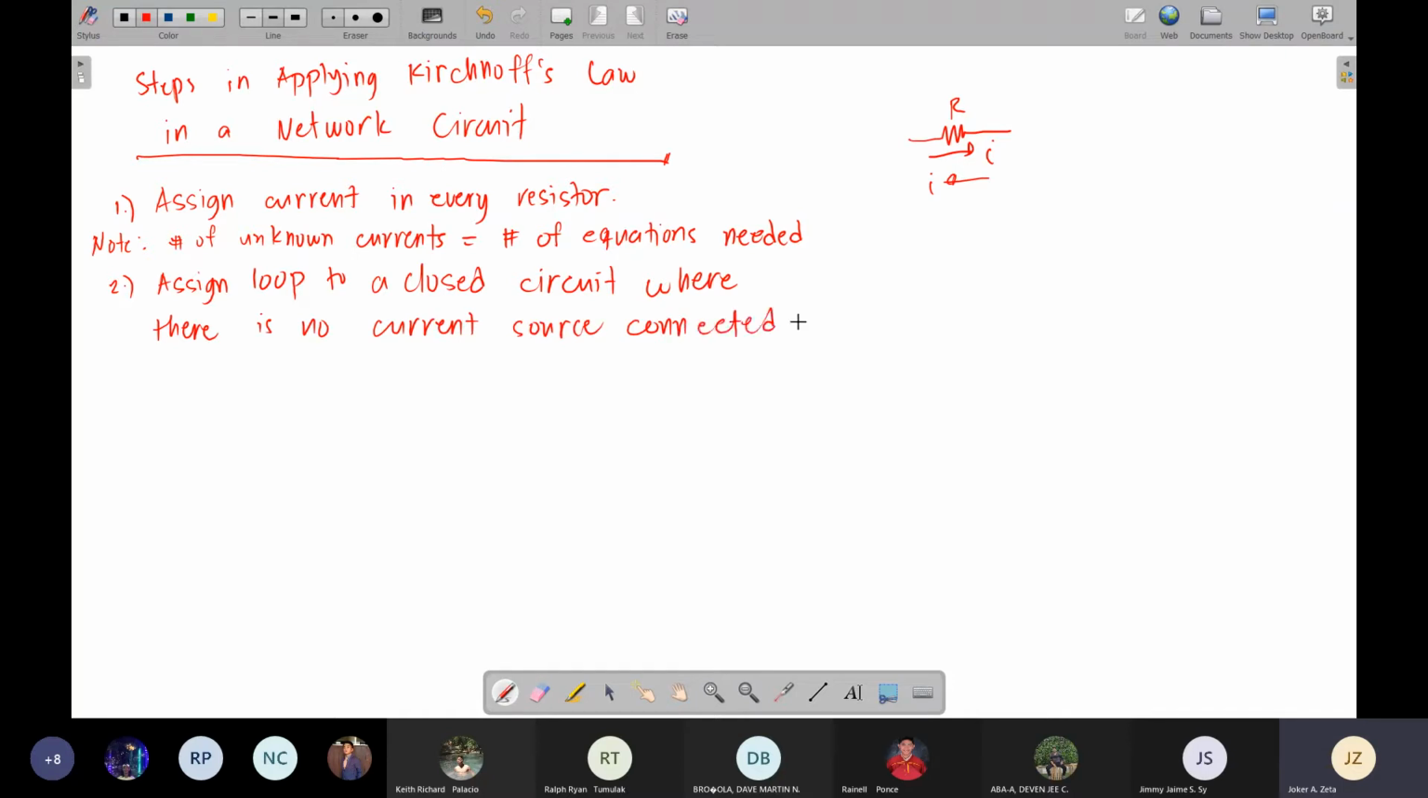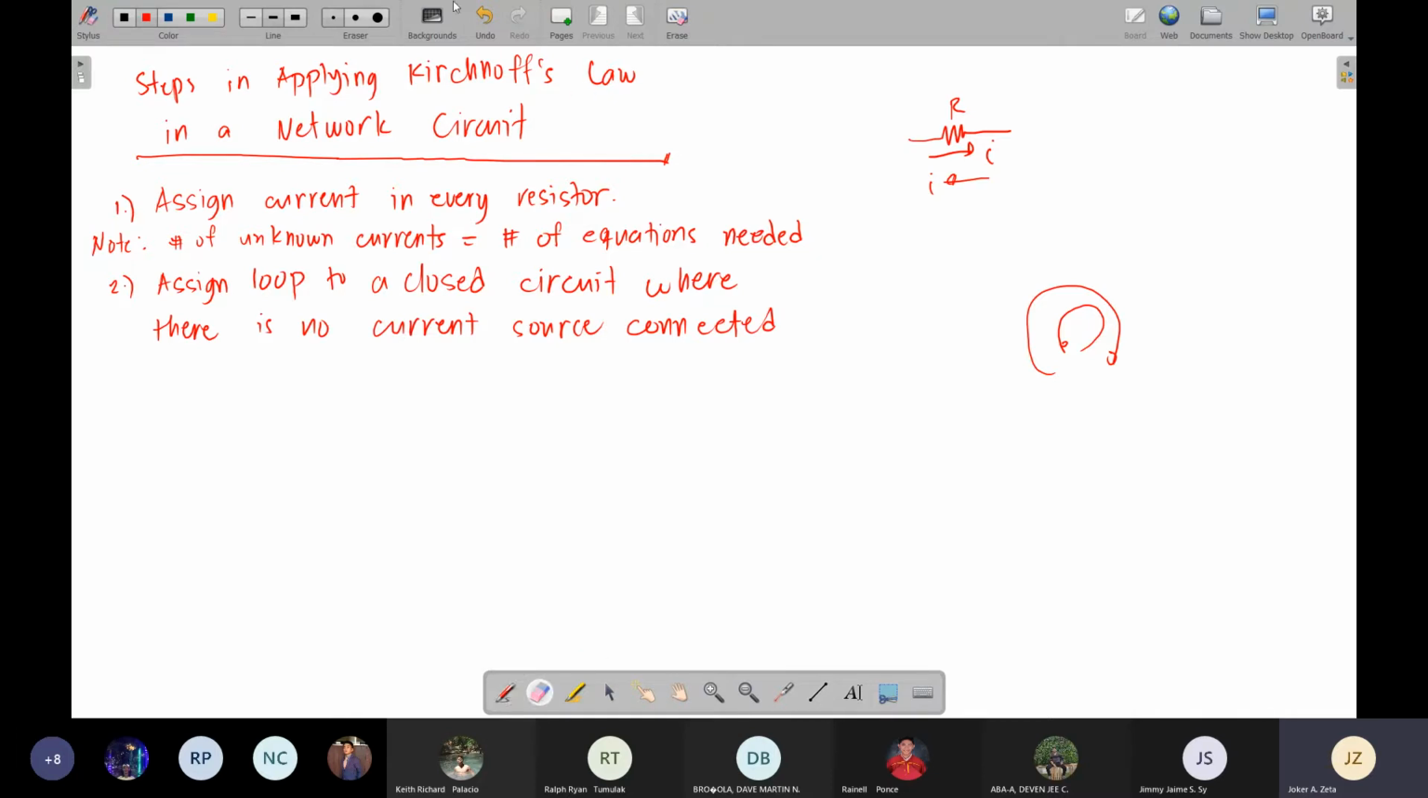Okay, mag-assign ka na og loop. Unsang loop, sir? Usual loop. Clockwise nga loop or counterclockwise nga loop. Okay, mag-assign ka og loop. Now, that loop will be your basis, no? In the future when you're going to apply KVL. Now, sir, naghisgot lagi tag current source. Naay current source? Di ba voltage source man ni? Now,